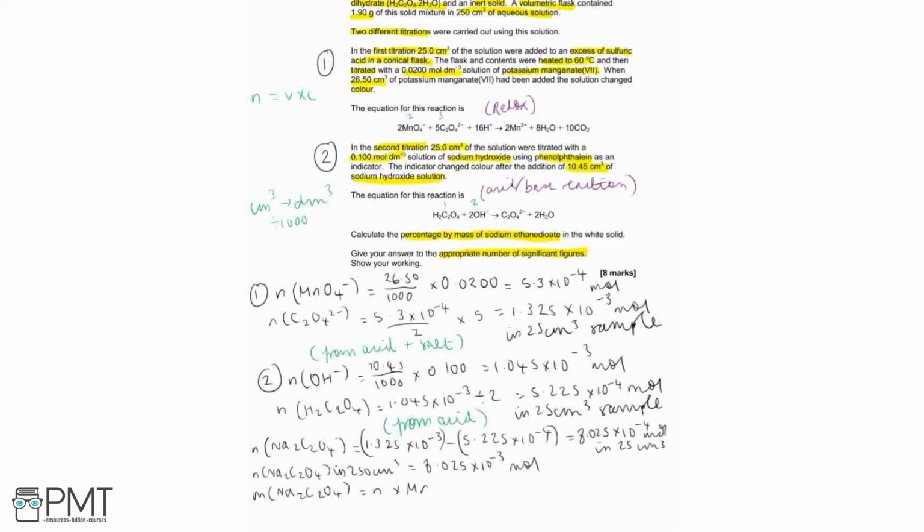So the molecular mass is going to be equal to 2 lots of 23 plus 2 lots of 12 for our carbon plus 4 lots of 16 from our oxygen, and that gives us a value of 134. So to work out the mass of our sodium ethanedioate then, we're going to do our 8.025 times 10 to the minus 3 moles times by 134, and that equals